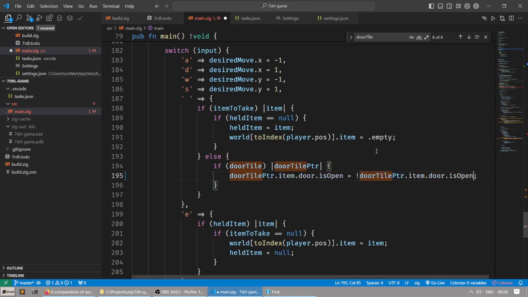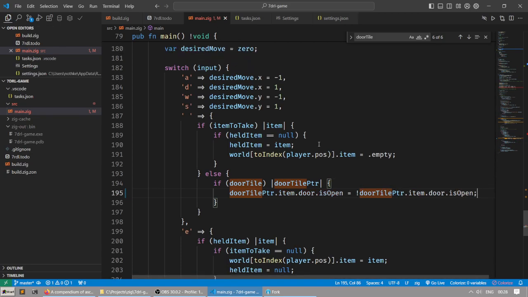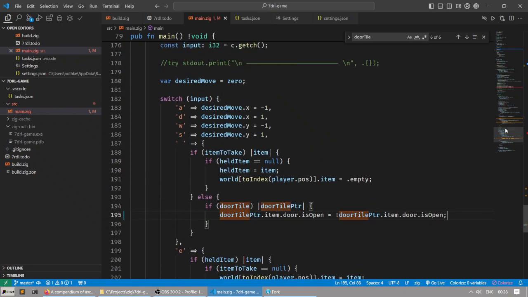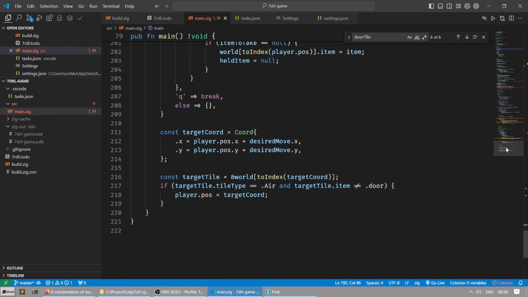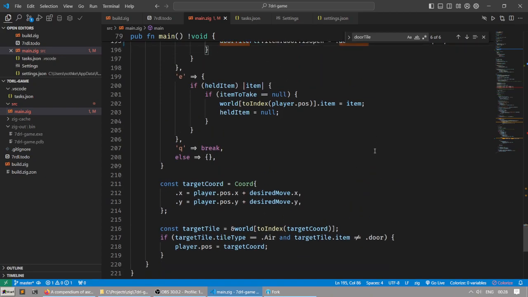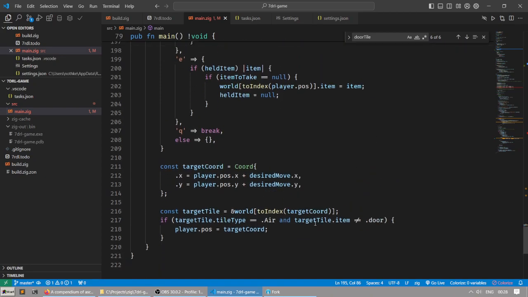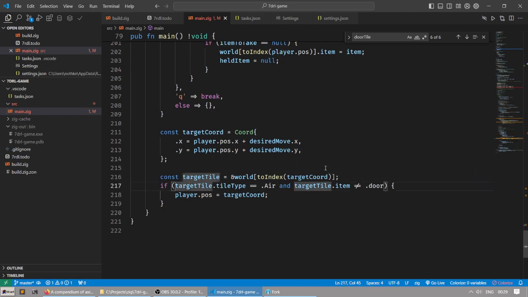Not this. But here is the thing. The thing is that I want to make it passable if a door is open. So where am I actually checking? There it is. If it's a door, target tile is air, and target tile is door, but I need to check that it's not door, item is not door, and target tile